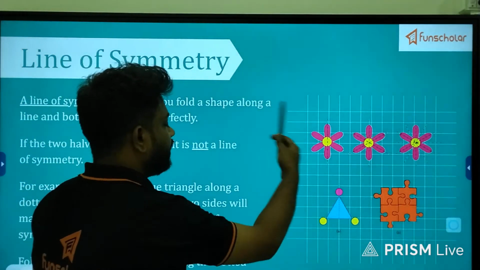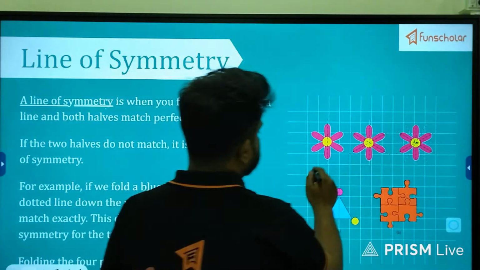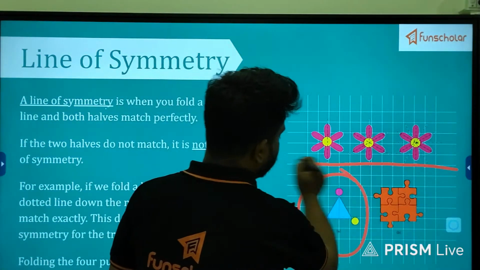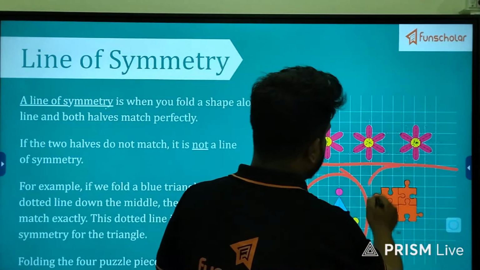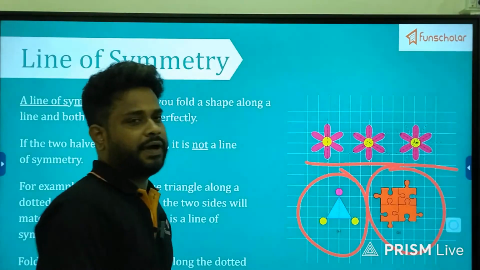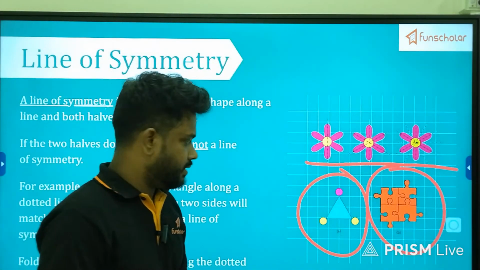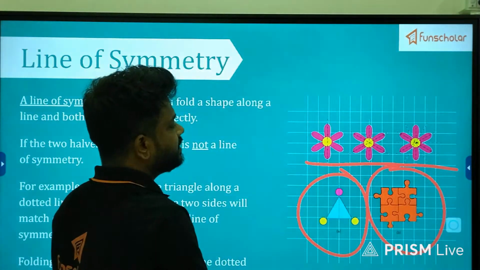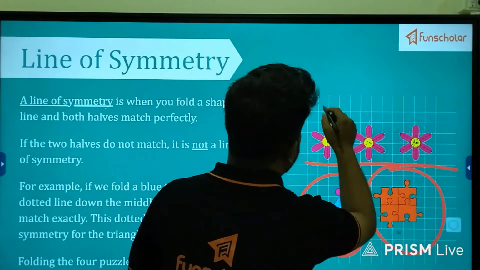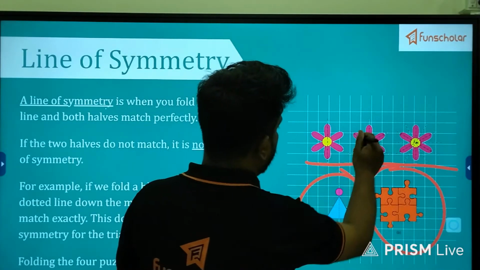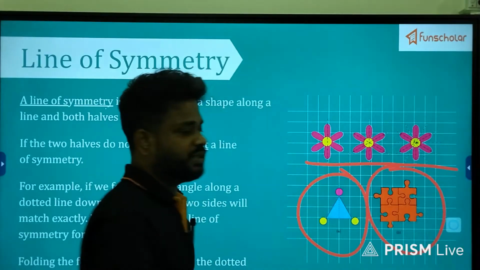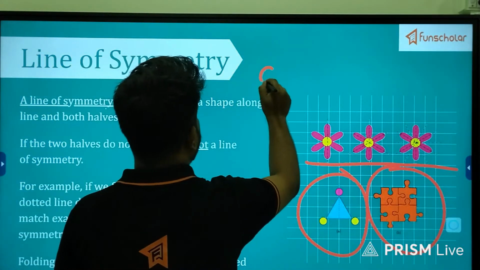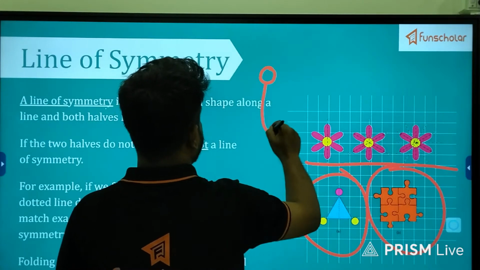So here they have given some examples: these three are examples of flowers, this is an example of a triangle, and these are examples of puzzles, like a jigsaw puzzle. Okay, the flowers will have one, two, three lines of symmetry or more than three lines of symmetry. Why? Because if the flower looks like this,